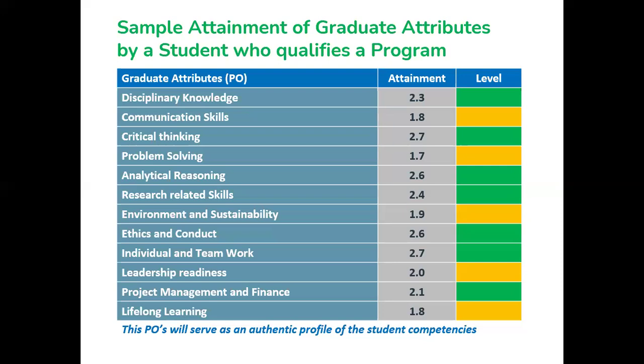That means 60% out of three. If you can provide a scorecard like this to every student, this is not the mark list, this is a scorecard of the PO attainment. This will serve as an authentic profile of the student's competencies. And if you do it in the proper way, definitely the values will be accurate. The student can showcase it for every interview or if he is going for higher study. So that is what we are going to do on the last day.